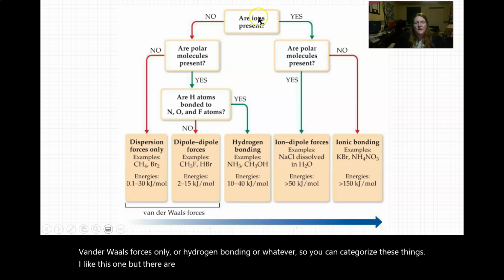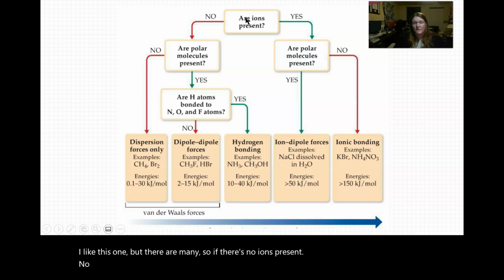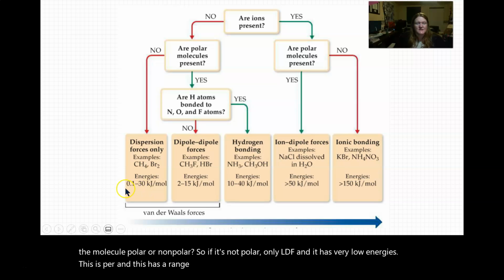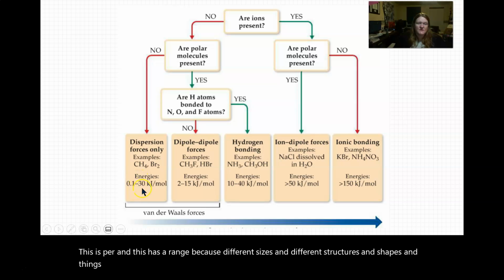So if there's no ions present, no polyatomic ions, no metals, etc., then you'll go down to the left. Then you have to decide, is the molecule polar or non-polar? So if it's not polar, only LDF, and it has very low energies. This has a range because of different sizes and different structures and shapes, but it's pretty much the lowest possible